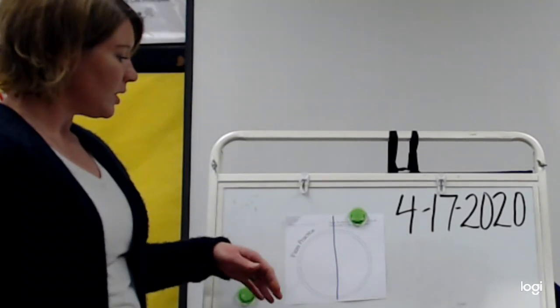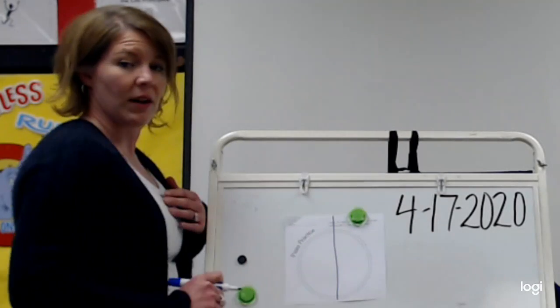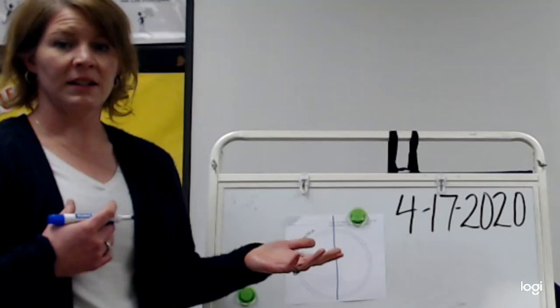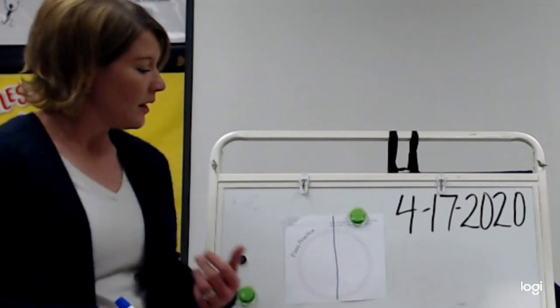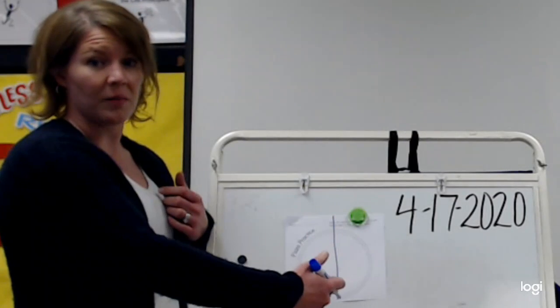And so if I was to share with Miss Barrett, I would get this side and she would get that side, right? And we would want to be the same because I want my friend to have the same amount as me. I don't want them to have less. And so we have about the same. I divide our pizza in half,